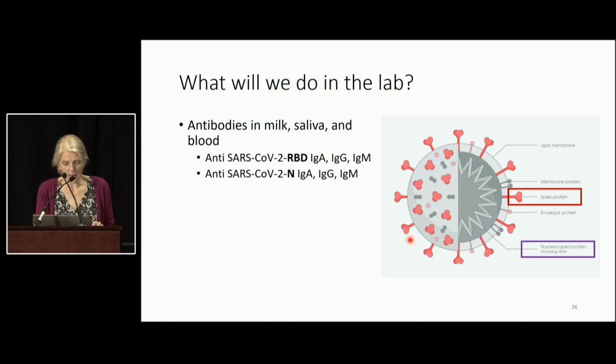There is one more thing I want to say, and I want to show you what we'll do in the lab. Some of the women have asked for results back, and we will give them the results. Any woman who wants her results back will get them, with the understanding that this is research, right? It's just basic research. So of course we'll measure the anti-SARS-CoV-2 RBD, IgA, IgG, in all the milk and saliva. But one of the things I didn't mention is,